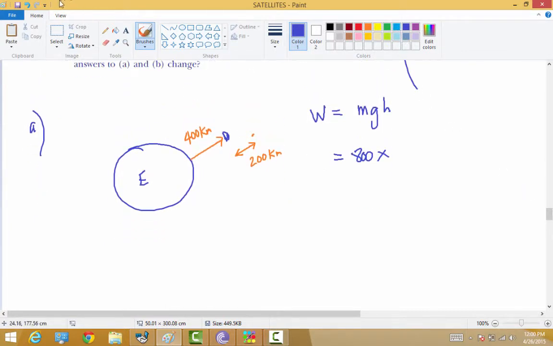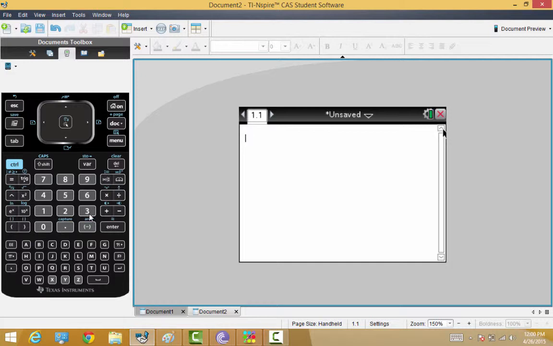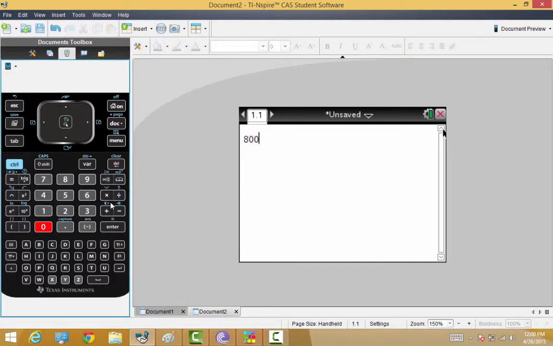So here, G is approximately 8.2, and the height will be equal to 600 kilometers. So it's 600 times 10 to the 5 meters, or 6 times 10 to the 5 meters. Put that in the calculator. Mass of 800, G of 8.2, and a height of 6 times 10 to the 5. And okay, now